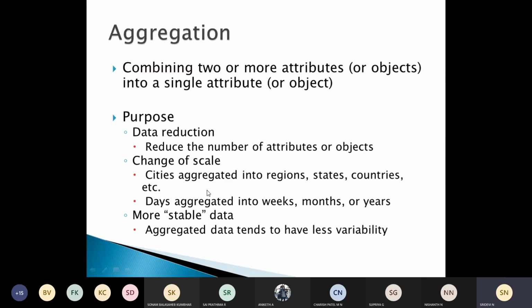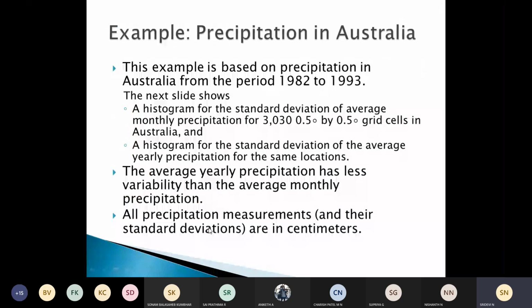And these examples you know very well. In the beginning, in data warehousing, we have discussed: days will aggregate into weeks, then months or years, as a change of scale, and to get more stable data. That is, aggregated data tends to have less variability. Hence we try to find more stable data by using this aggregation. So aggregation is nothing but combining two or more attributes into a single one, and the purpose will be just to reduce the data, and change of scale where we can aggregate like this, and also to get